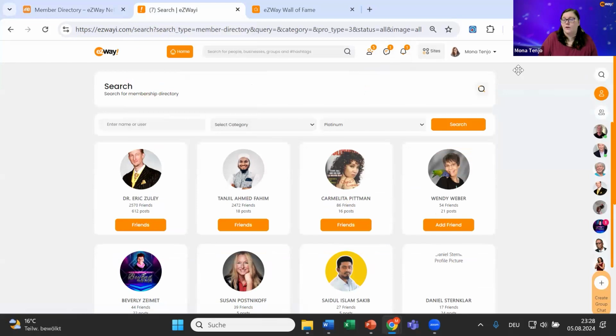You also see here on the right side who is active right now. I see that Matt is, for example, online, right? And I also see that Jack Bosma is online right now. So here you also see the people you are connected to, whether they're online or not. Basically, again, it's a social network, so you want to see who you can talk to right now because they're online.